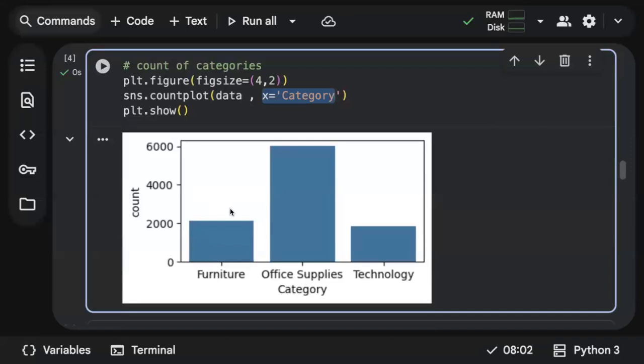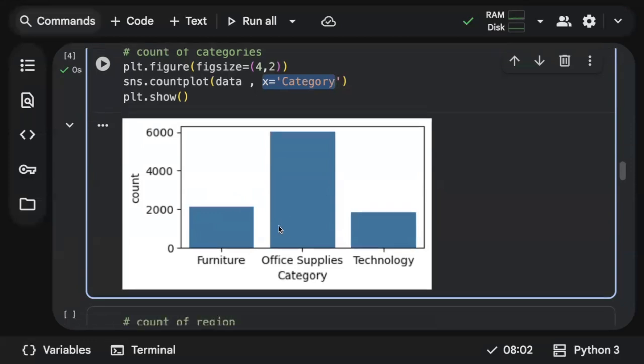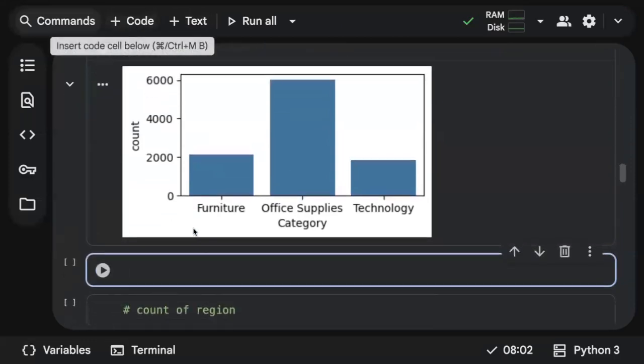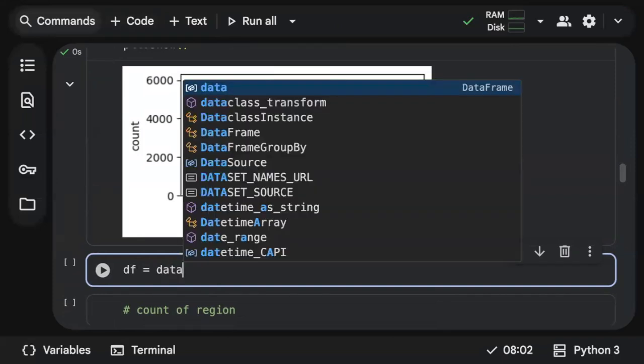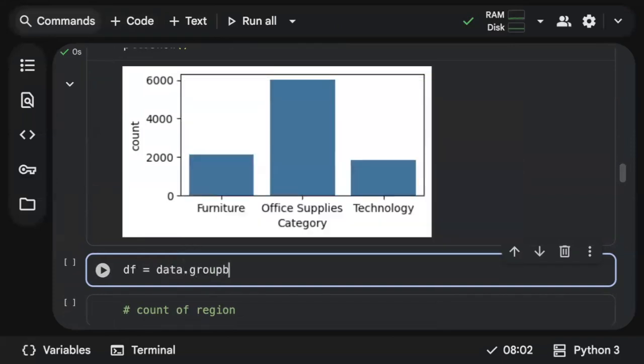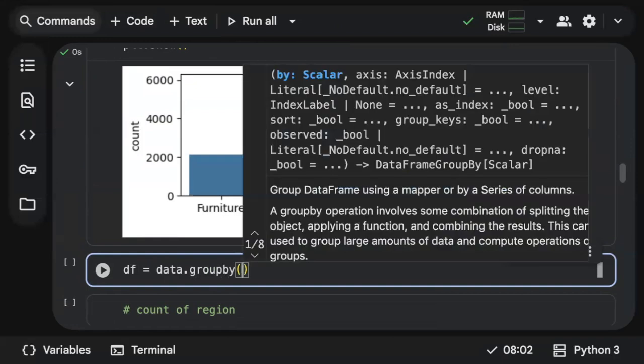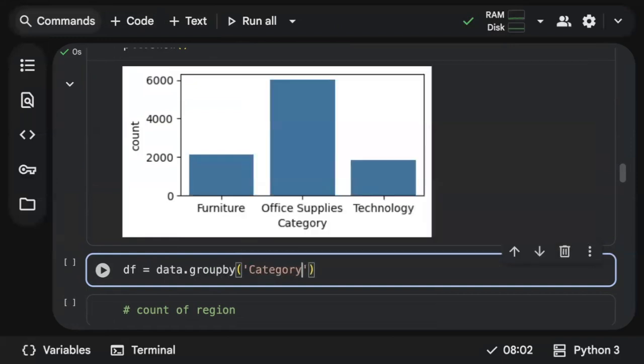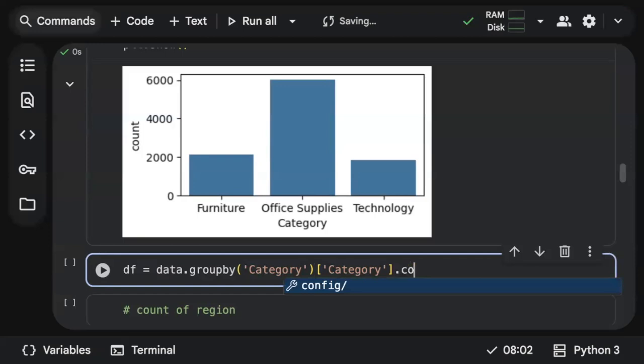Now you might have a question: is it giving a total count, a sum, or an average? In that case, you can verify it using groupby. Let me call df is equal to data.groupby, grouping based on, let's say, category, and then we'll use order ID, or you can just use category itself, dot count.